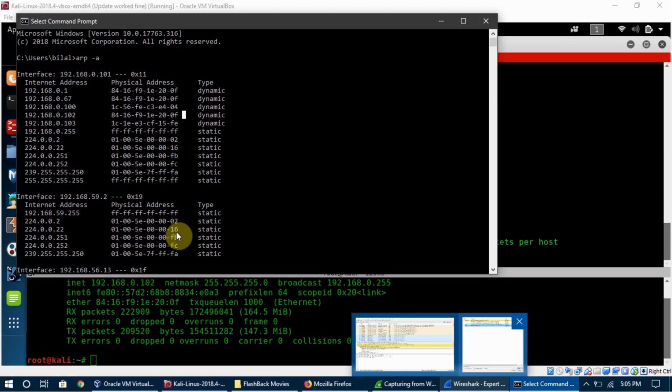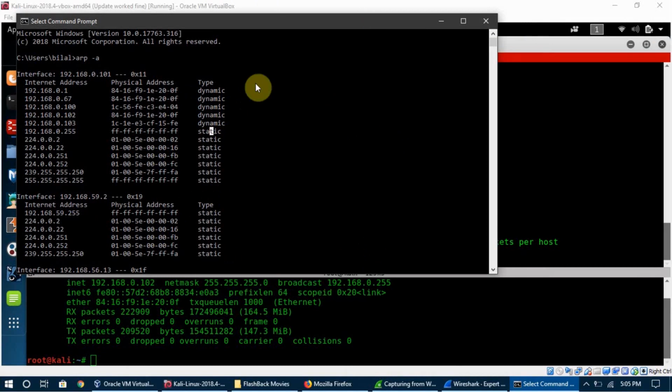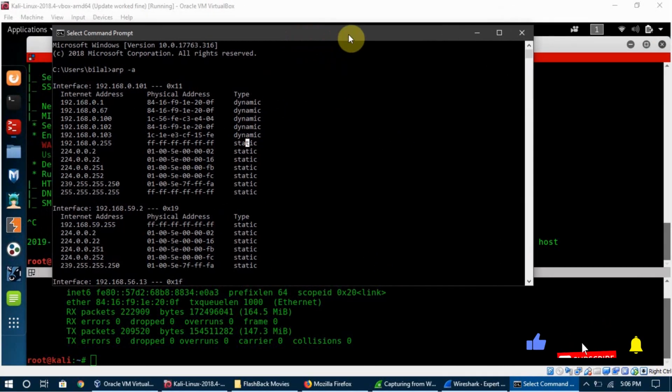You can change the type to static in the settings, and then if anyone even tries to change the MAC address for the router or for any other devices, they won't be able to, because these values are static.